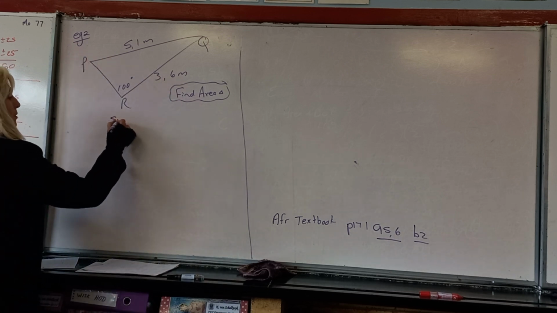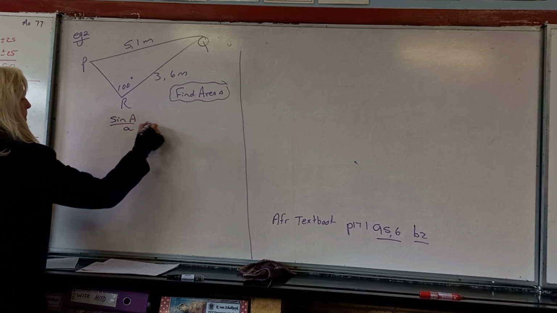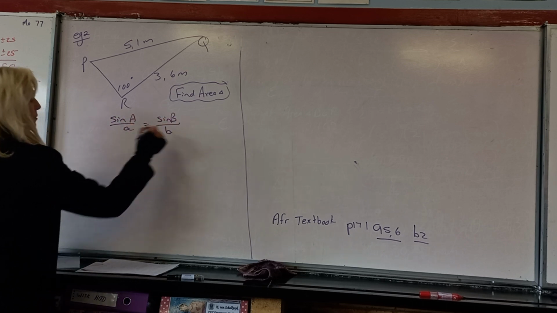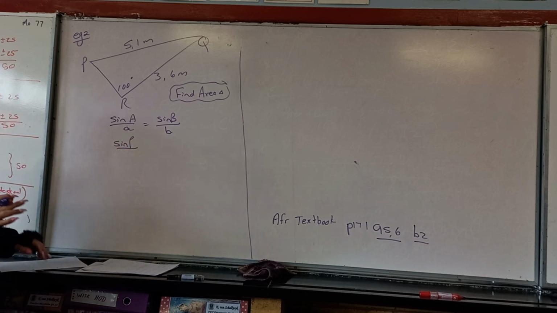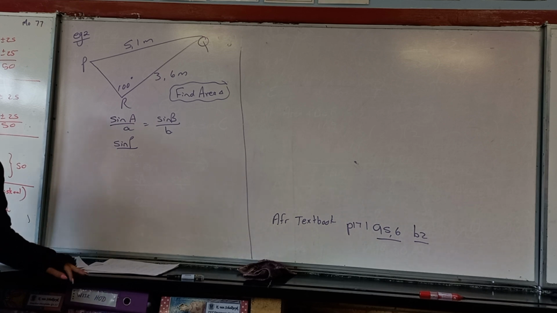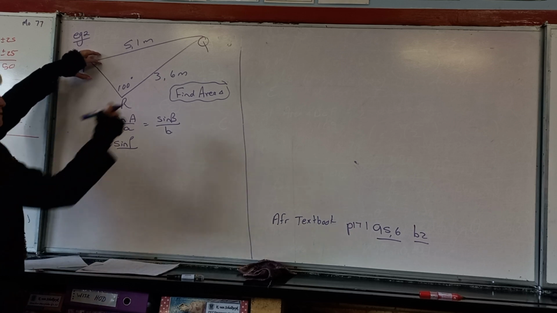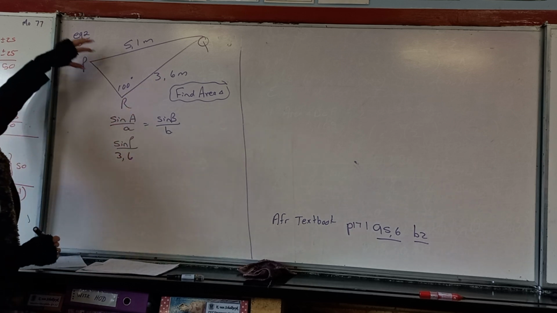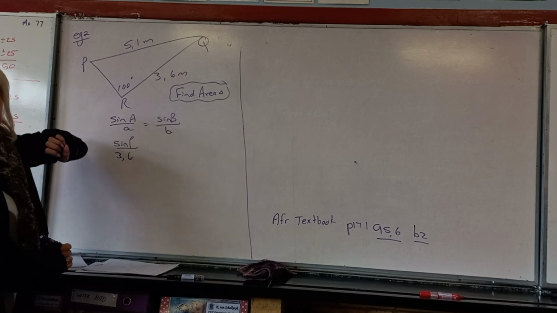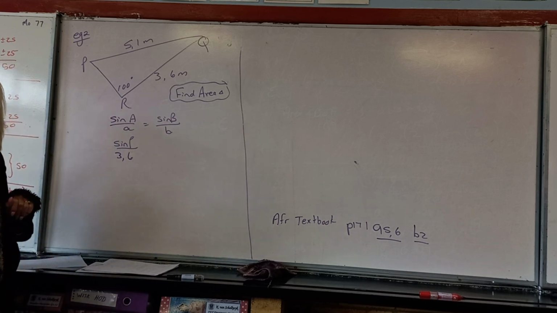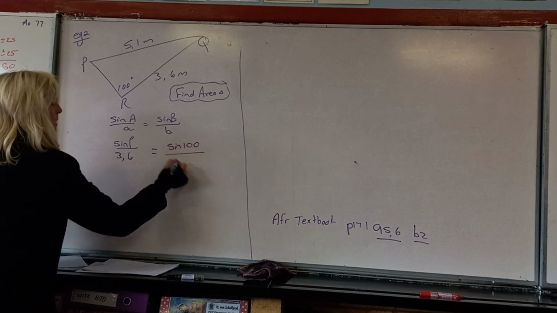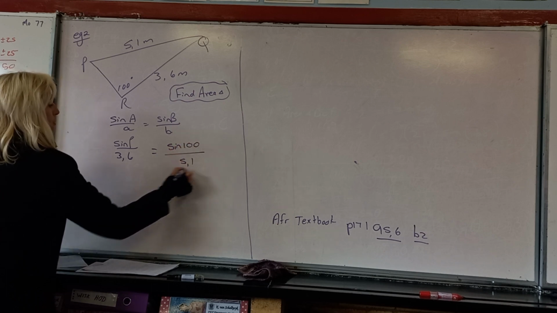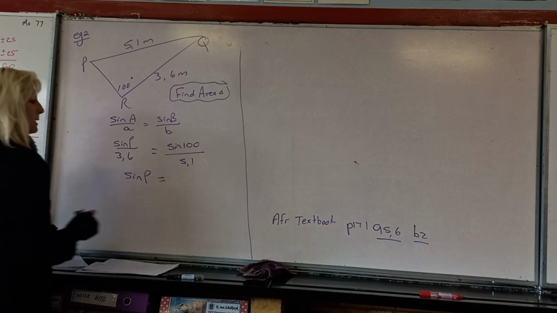So again, for the angles, sin rule, put the angle at the top, so it's going to be sin of P. Are you with me with these naming of the stuff? Don't go according to ABC, go according to the knowledge. If it's this angle, then it's across from 3.6. You don't have to say P over RQ first. Just substitute when you get into the essence of it. And then the angle that you got was 100 over 5,1. So we're going to get to sine P is equal to